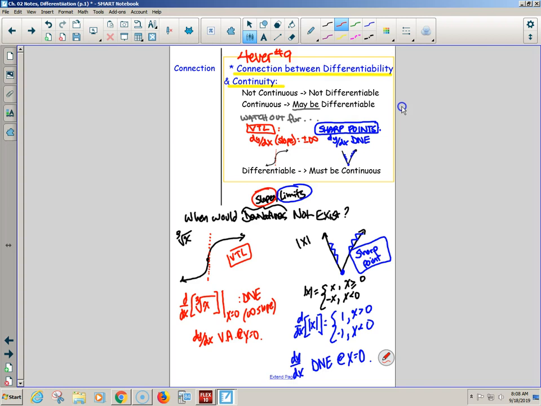So at an x value where the function is not continuous, like a vertical asymptote, a hole, or like we just saw a break, although that would be a big derivative, the derivative does not exist at that point, but it's okay everywhere else.